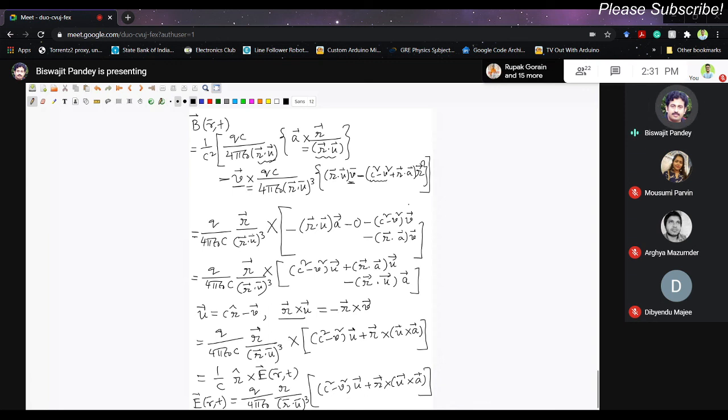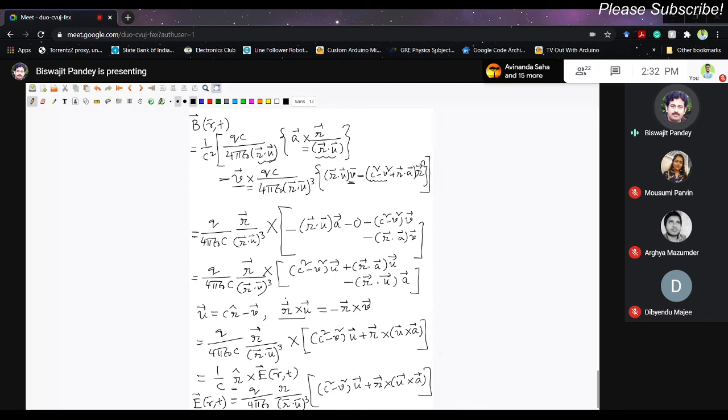And why are we working hard in this way? Just to show that the electric field and magnetic field for an arbitrarily moving point charge can be related via the same relation which we introduced earlier for electromagnetic waves. So we have now derived the expressions for electric field and magnetic field for an arbitrarily moving point charge, and these two expressions are very important for this course, because from this class onwards we will be primarily discussing the radiation from a moving point charge, or very specifically an accelerating point charge.